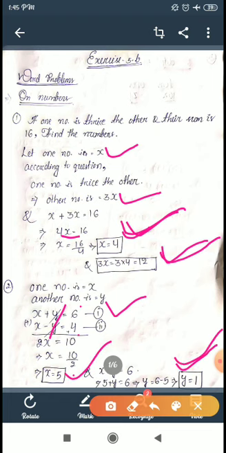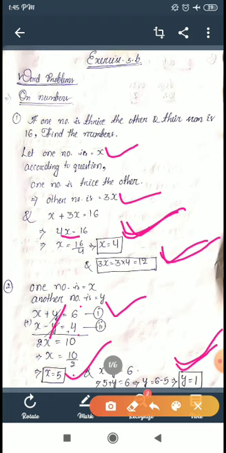Now the required number will be 10 times x plus y. Why 10 times x? Because x is in the tens digit. A 2-digit number is given, x and y. y is in the ones digit and x is in the tens digit, means 10 times x. So that is why the required number is 10x plus y, and according to the question it is given by interchanging the digits.